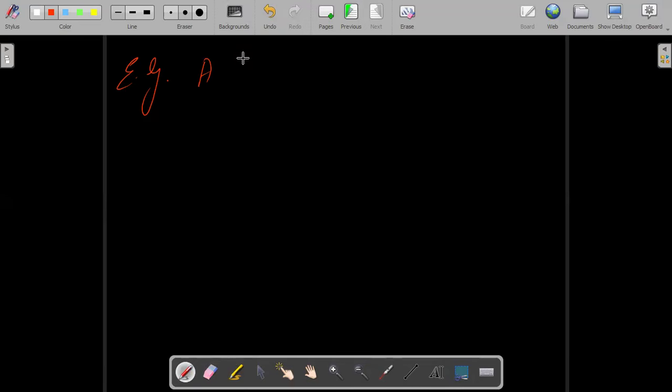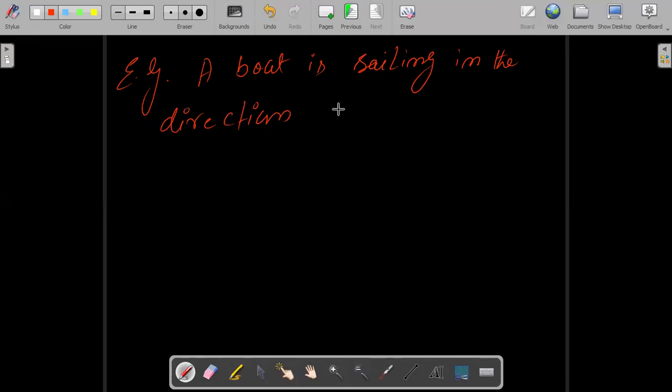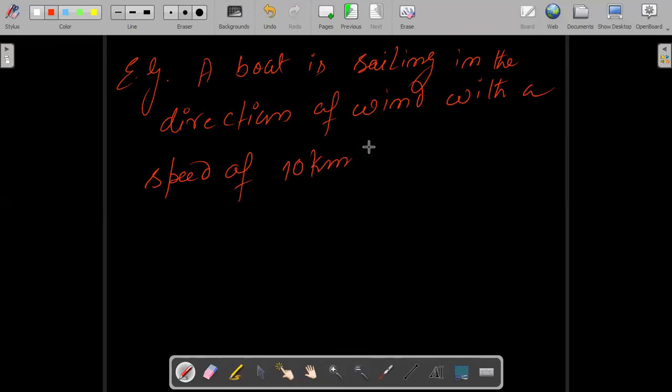I will write a boat is sailing in the direction of wind with a speed of 10 kilometer per hour,